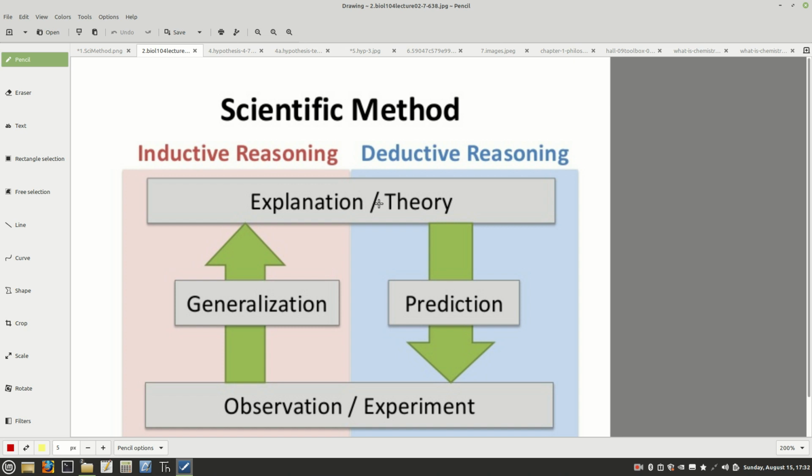So this is your idea of the scientific method in a more general sense, where you have your theory up here and your experiment down here, and you do observation. Then you have your explanation. You come up with your theory that goes along with your explanation, and then you predict something and you do an experiment to see if your prediction comes true. So this is the cycle for the scientific method, and you need to know that. You need to know which ones come on the inductive side, which are along here, and which ones come on the deductive side, which are along here.